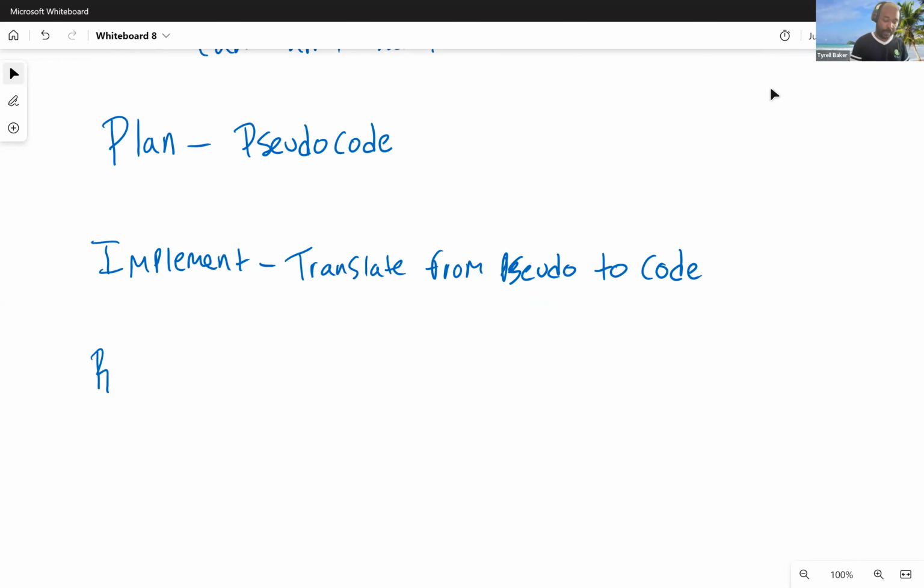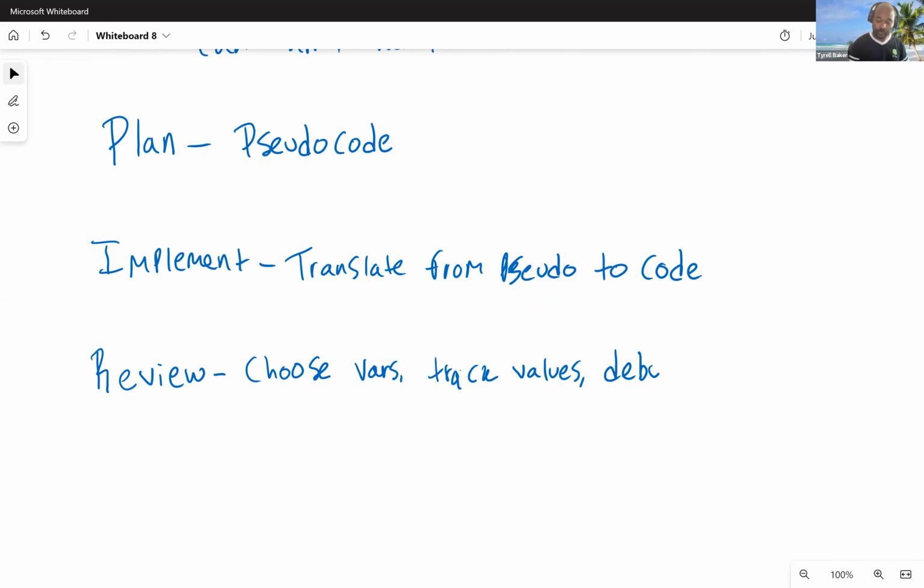But the R in UMPIRE is review or revise. Choose a couple of variables once we get there. Track values. Debug, right? And this gives you an opportunity to make sure everything's working the way that you want it to work.